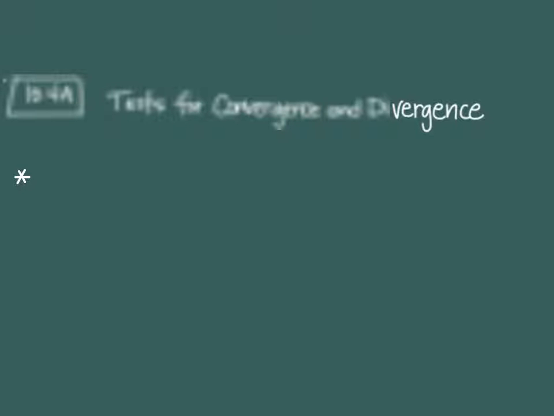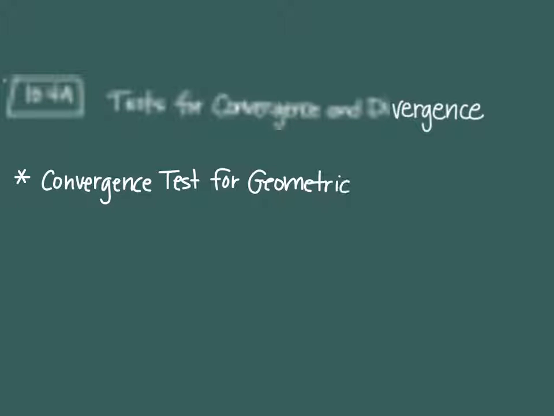All right, the first one is a convergence test for a geometric series. This is the one you already know. What makes something a geometric series? Okay, and we usually call that multiplier what letter? Okay, so if the geometric series has a multiplier,